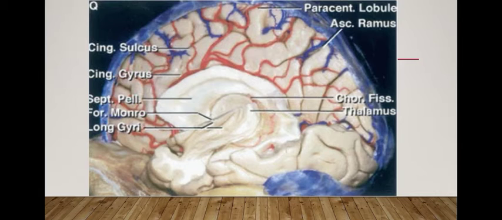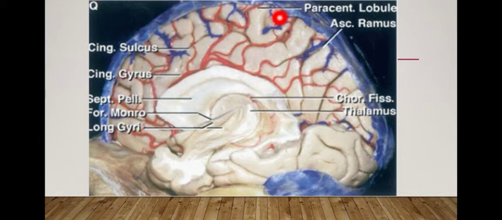Again, we have to divide it between the frontal lobe and the parietal lobe. So the most important structure to divide it is this structure. This is the paracentral lobule. And why is it important? Because this paracentral lobule is actually the continuation of the precentral gyrus and the postcentral gyrus on the medial surface. You see, the precentral and postcentral gyrus on the lateral surface continue medially as this single paracentral lobule, and also the central sulcus continues for a brief